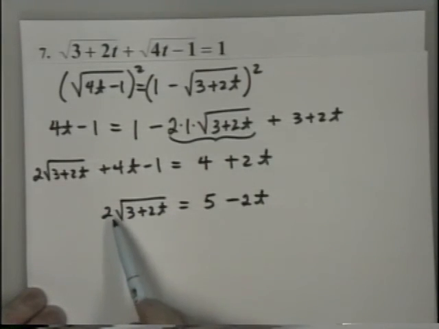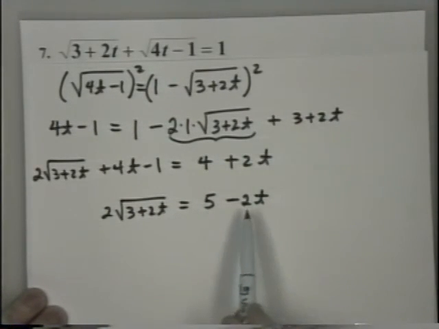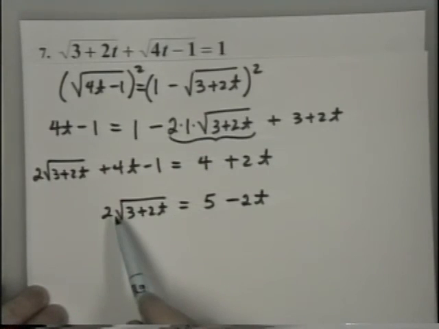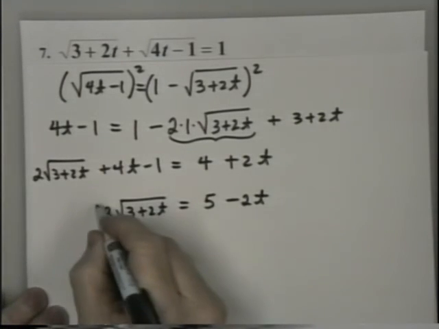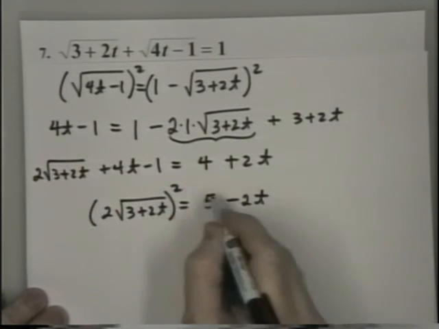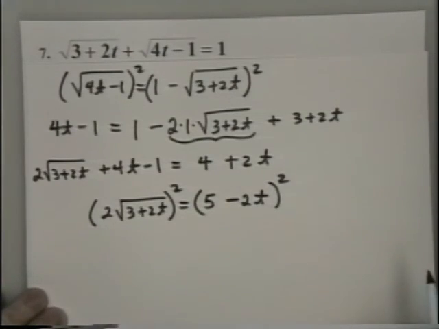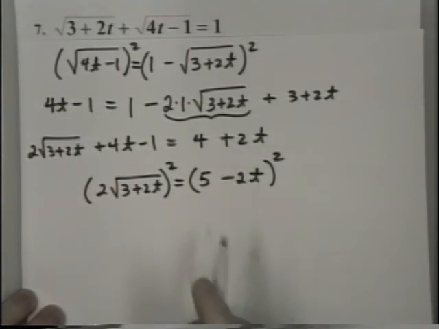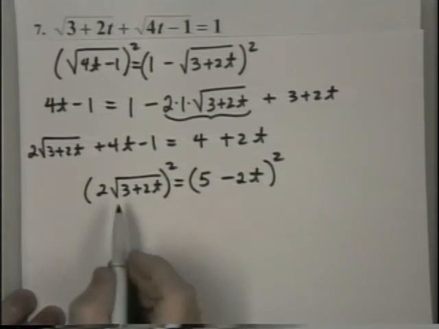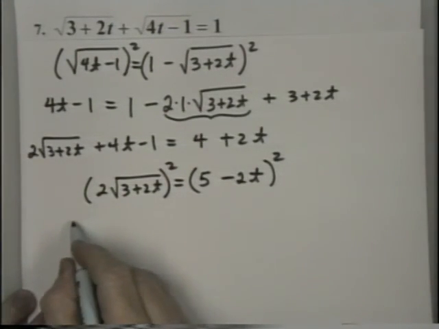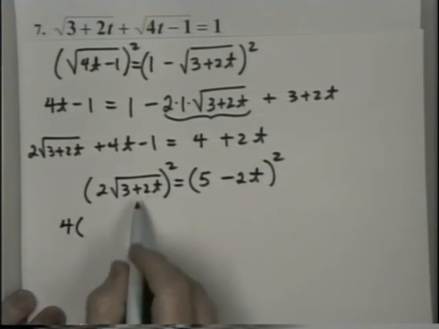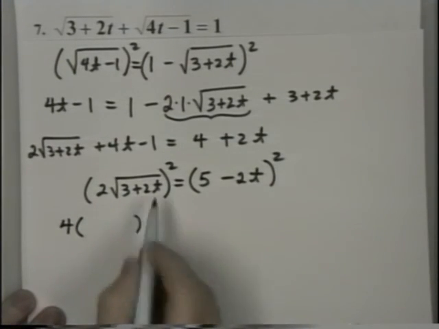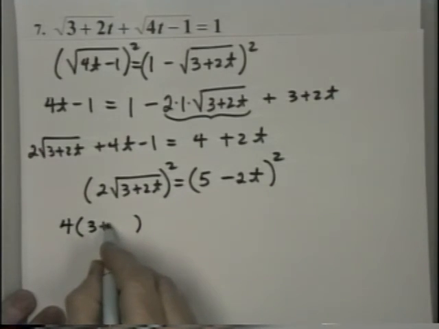Okay, again, I have a factor here on the radical, but it's not a common factor throughout the equation. So I wouldn't divide it out. I just leave it on that radical. We've got it isolated, and so our next step is to square both sides. Again, usually, as we did, put them in parentheses. You square the left-hand side. Don't forget to square the 2. Becomes 4 times the quantity under the radical, the radicand,